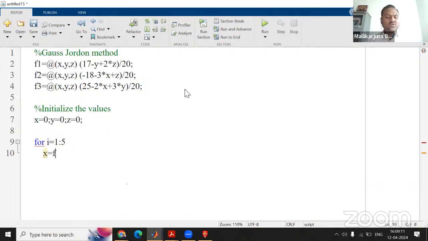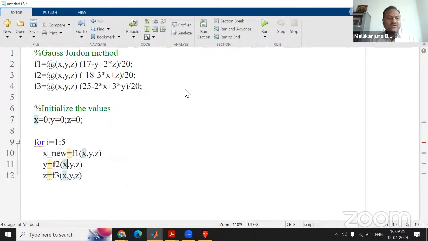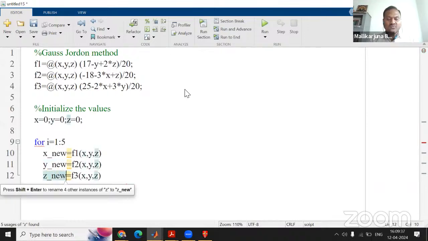Then x is equal to f1 of x,y,z. y is equal to f2 of x,y,z. z is equal to f3 of x,y,z. So here, this is the x new value, y new value, z new value,